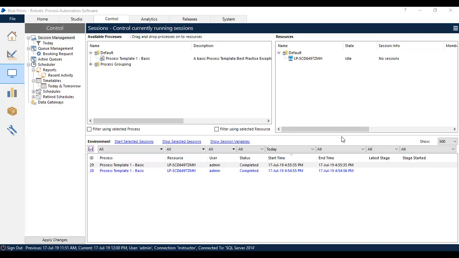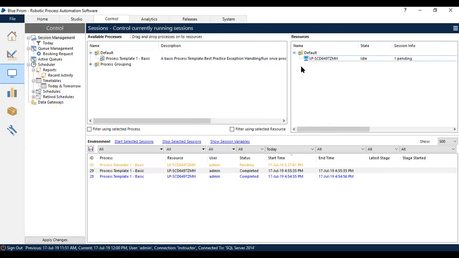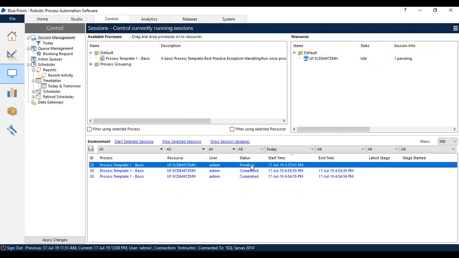So this is the control room. As we have already seen in the previous session, we add the process to run it manually. In this control room, this process doesn't have any startup parameter. As soon as I connect the process to this resource, I can go here, right click and click start. If you have any startup parameter, it's going to give you a prompt asking for the startup parameter input to get into the process. In this case, there is no prompt before the process starts running, which means it does not have any startup parameters.